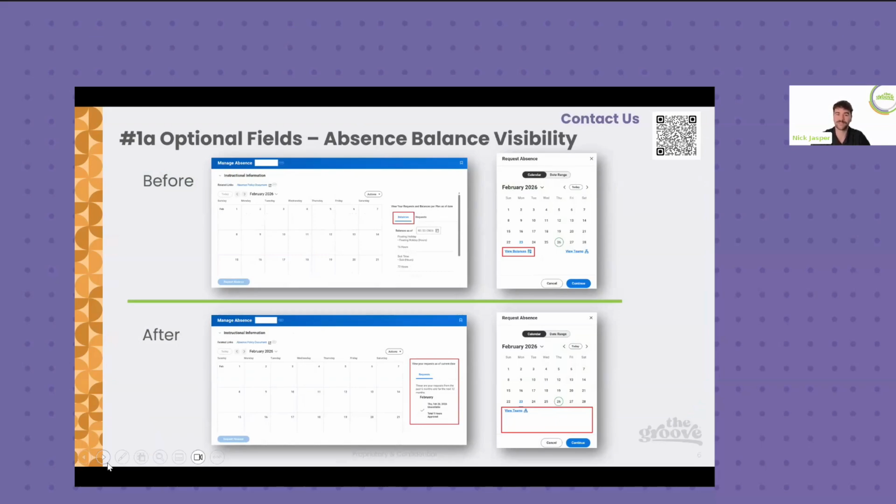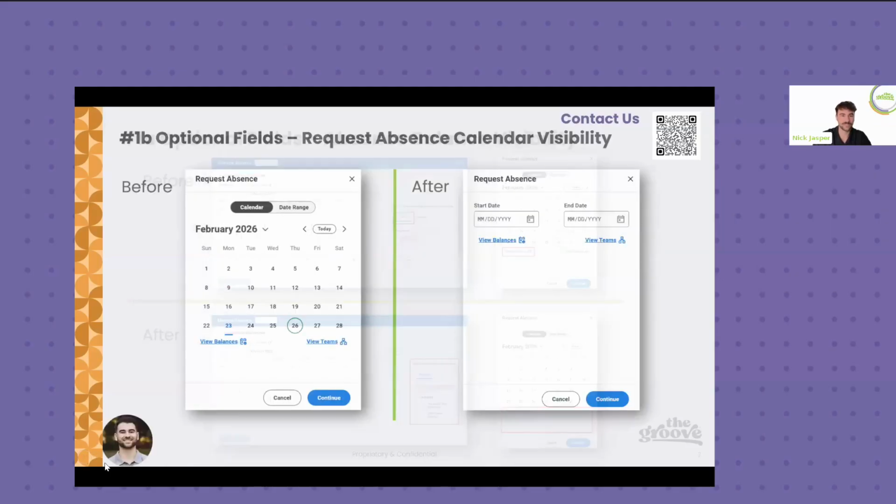And on the right side, we have the request absence micro task or the micro calendar, which in this case is turned on. So you can view balances in both tasks. Whereas if you choose to hide it, you can see on the bottom here in the manage and request absence calendars, you no longer have the ability to view those balances. And then if we can jump to the next slide as well, I showed a before and after of the